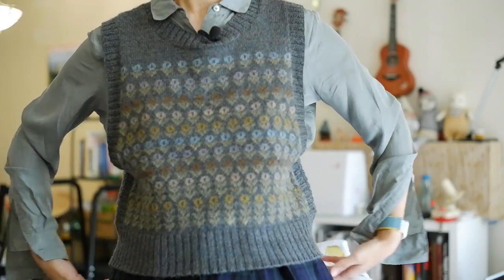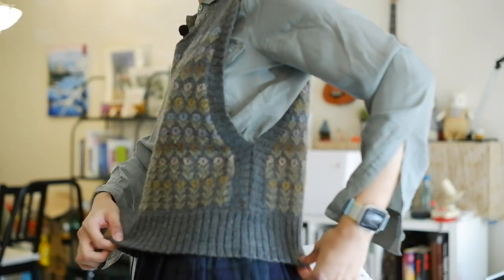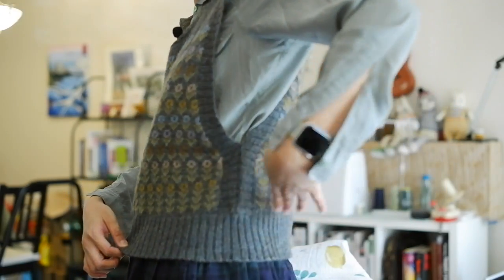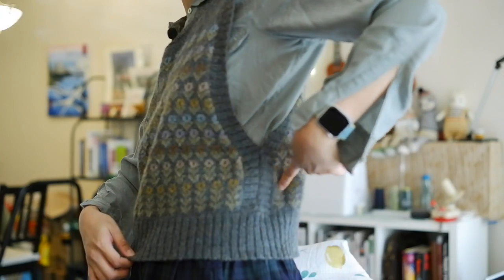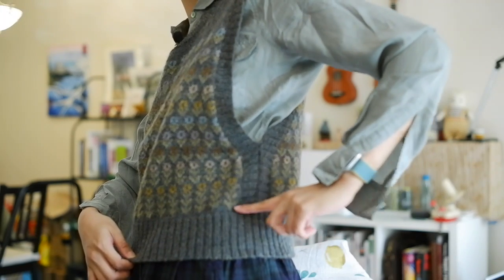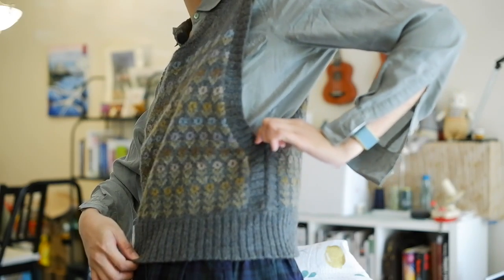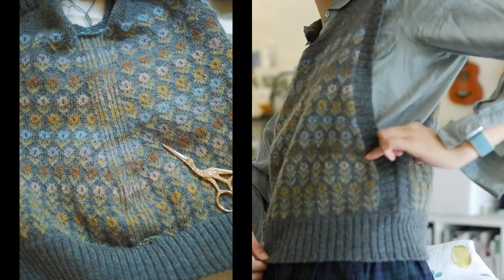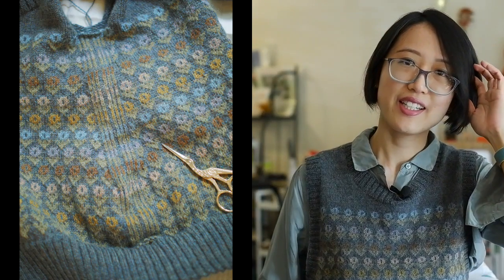So I'll just cast on the bottom ribbing and knit the ribbing. And then it has a very interesting construction for the edge. So here, actually, I had to bind off these stitches. When I'm about here, I bind off these stitches and then use backward loop cast on to cast on my steeking stitches. So if you are not familiar with steeking, it's a technique used in colourwork just because when you